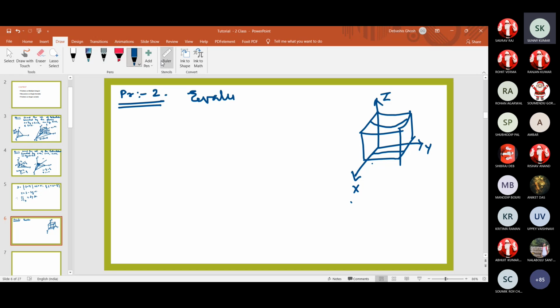Whenever we have the curve and we are going to find out the changes of that curve with respect to both the variables, that is your y and x, we could not compute as a whole. So that's why we just fix one of the variables, x or y. And then with respect to the other variable, we just take the differentiation. We just calculate the changes that occur with respect to that independent variable. That's what we need to do. So that is actually the process through which we can evaluate the double integration.